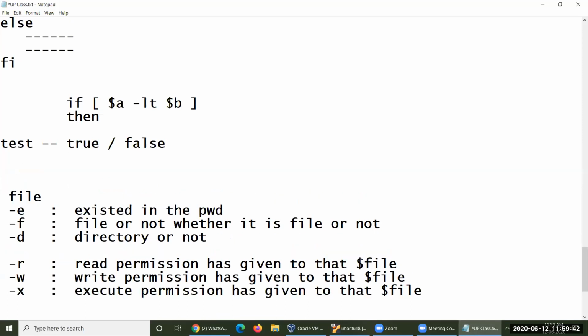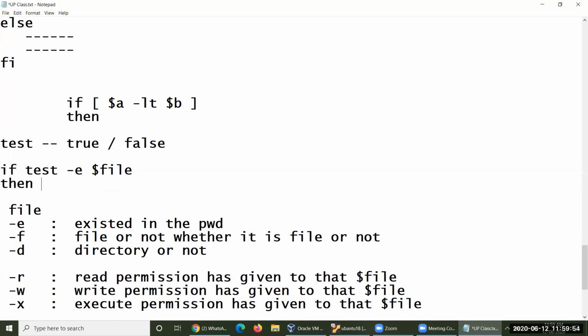So how could you operate here? This is the way. If test hyphen e, for example, existence of the file, hyphen e, $file, then you will go ahead. Okay, like that you have to evaluate. These braces are not required here. Please remember this while you operate the test operation.